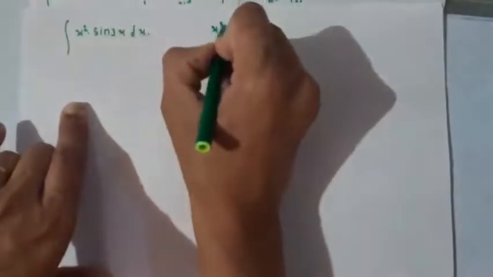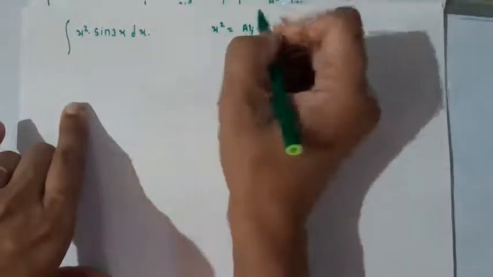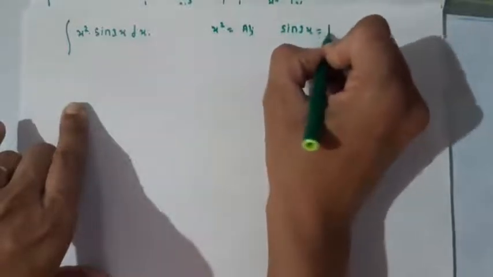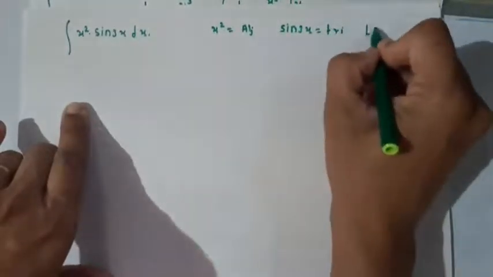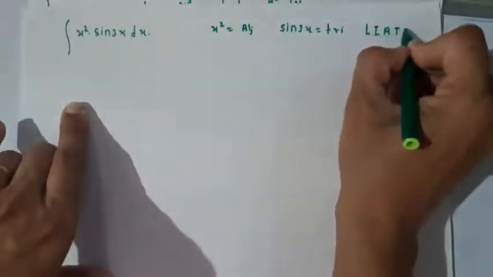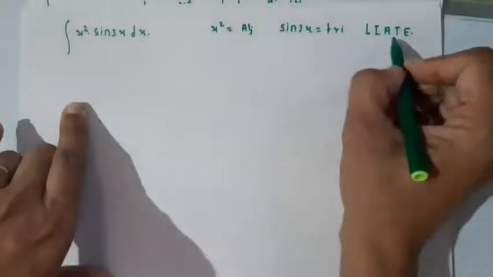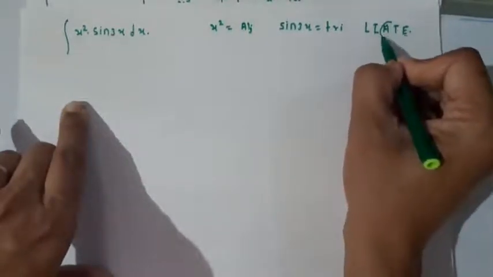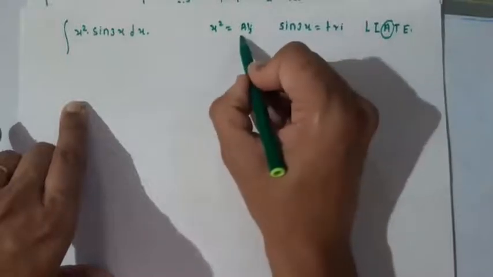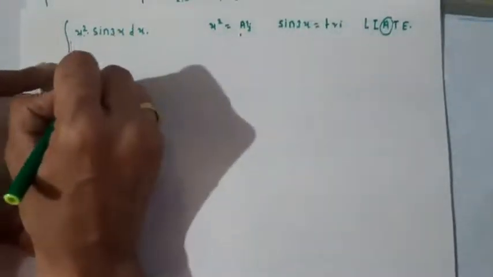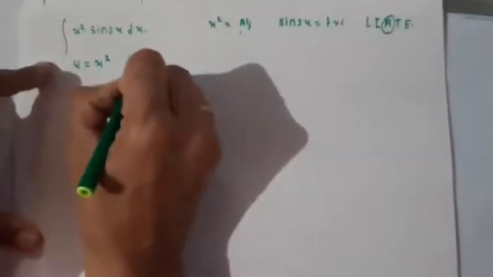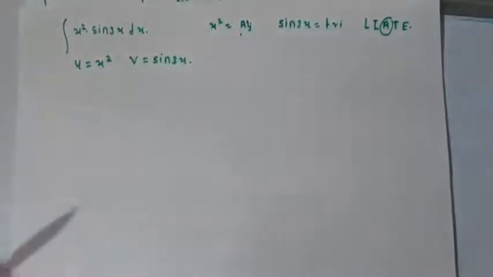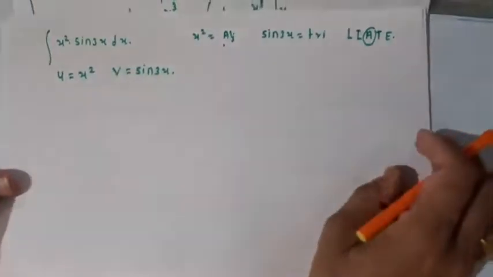So here x square is the algebraic function and sin of 3x is the trigonometric function, and according to the LIATE rule, the algebraic function has the third position and trigonometric is the fourth. Therefore the algebraic function is the u function, and therefore u equal to x square and v equal to sin of 3x. Okay students, and now by using the by parts theorem,